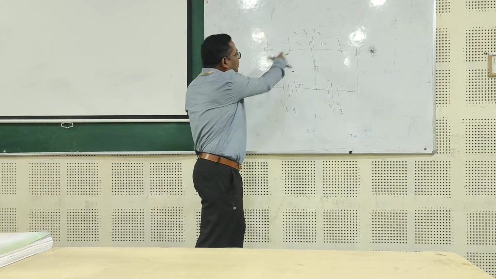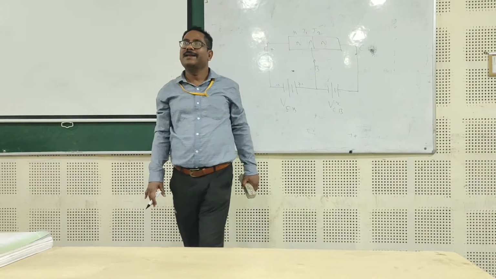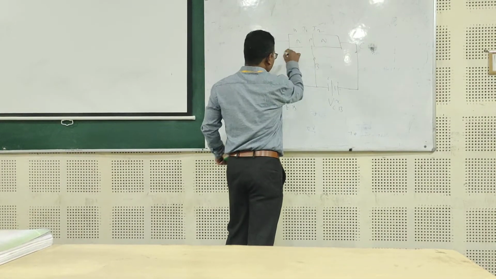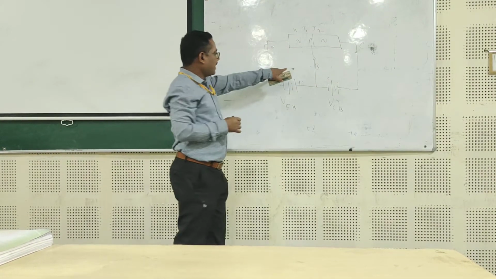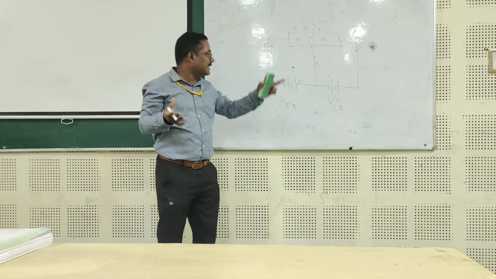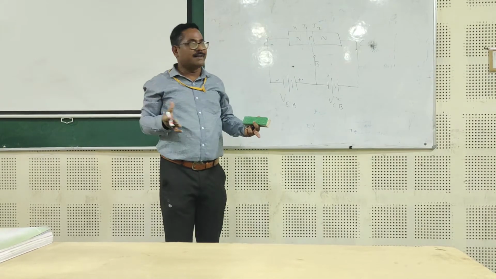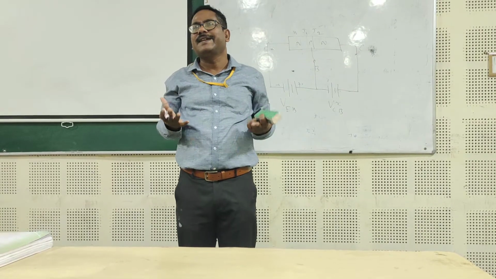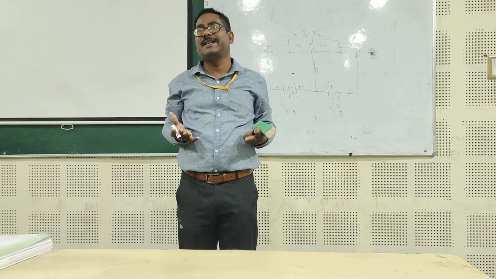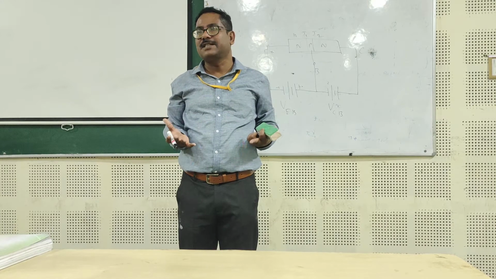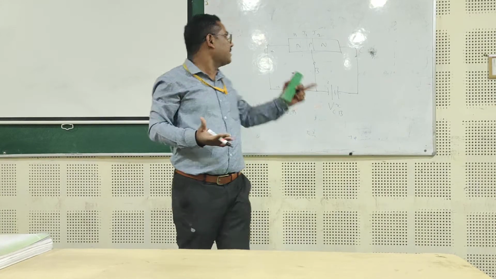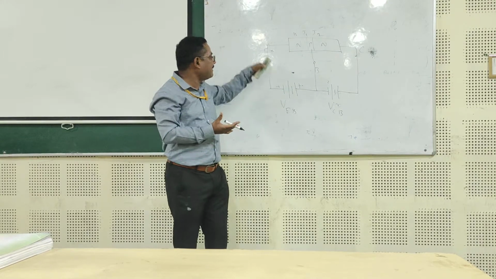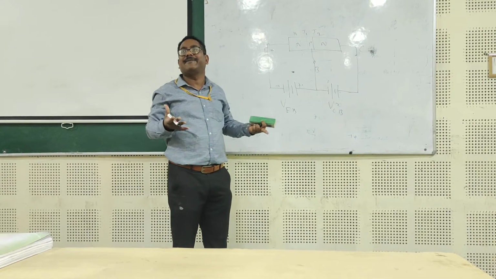If you connect in this way, then basically this input circuit will have very low resistance. Since it is forward biased, and you know that a diode under forward bias condition has very small resistance, a negligibly small forward resistance. This diode is forward biased, so the base-emitter junction will have very low resistance.